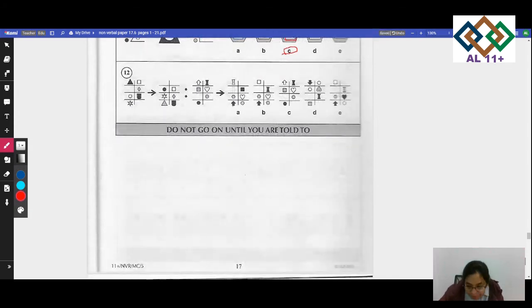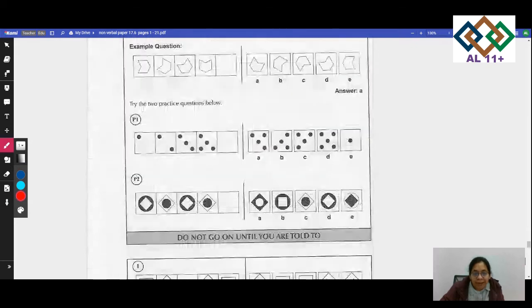So number 12 now. In number 12, the shades on the right hand side move up, and on the left hand side, move down in position. The shading stayed the same. So the shading is the same in this one. So you have to look really, really carefully at what's happening. This goes here and one of it moves places. This goes here, this becomes more down. So it's B.